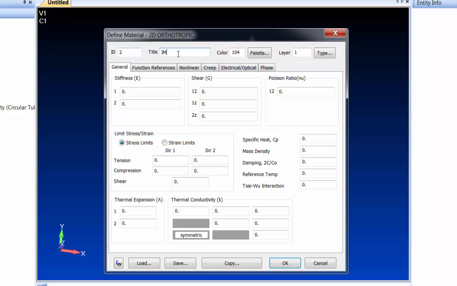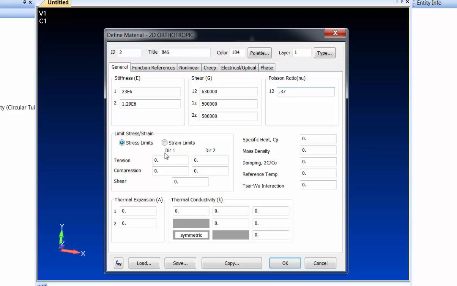And I looked up an IM6 tape laminate in an old NASA report, so 23 e to the 6th. The transverse stiffness, 1.29 e to the 6th. And then the G shear modulus, make that about 630,000. Actually, we'll just put in some transverse shear stiffnesses that are pretty low, and then a Poisson's ratio of